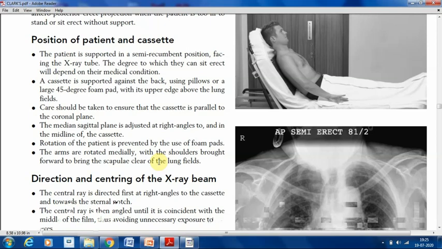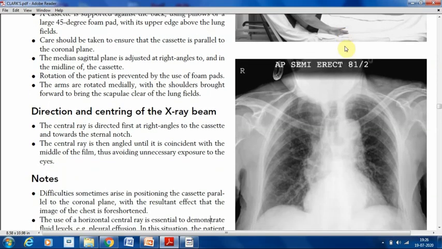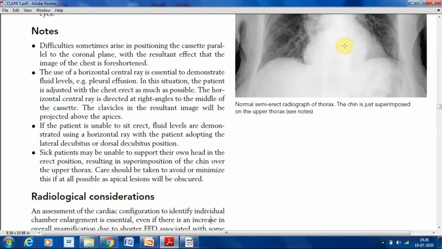Always remember, when you take this radiography, the upper border of the cassette should be 2 centimeter above the sternal notch. This is the sternal notch, above that, so that you can include it. The X-ray tube will be in this horizontal direction, which means the X-ray tube should be parallel to the cassette. Again the same thing: the mid sagittal plane, everything should be perpendicular to the cassette. The central ray is directed at a right angle to the cassette towards the sternal notch. Keep this in mind, that is the important thing you have to remember.